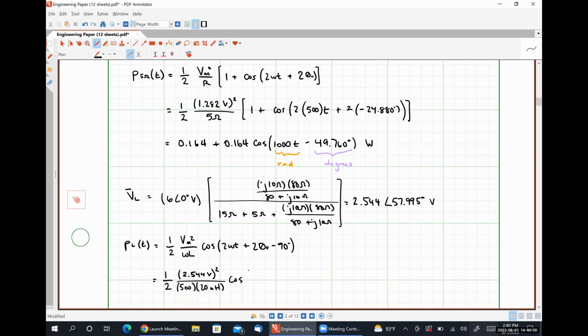Then I'm going to have cosine of 2 times 500t plus twice theta V, 57.995 degrees, and then minus 90 degrees. And so this is going to look like